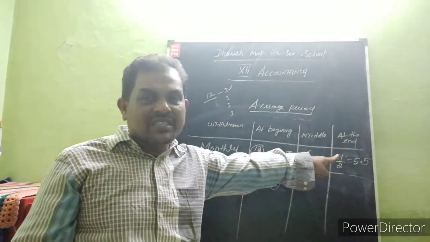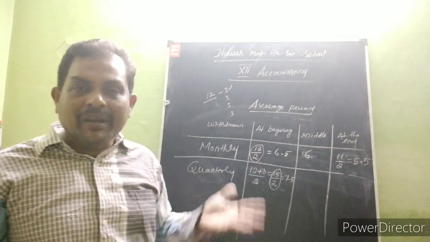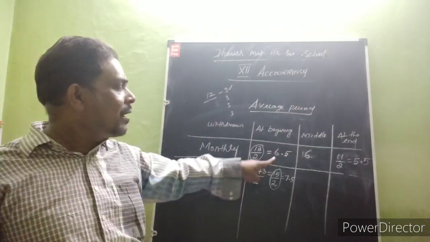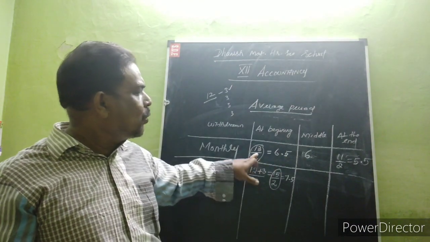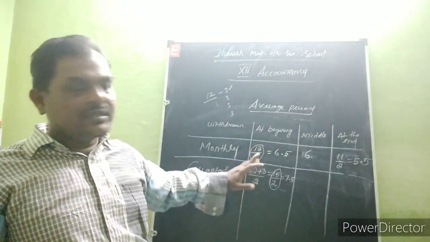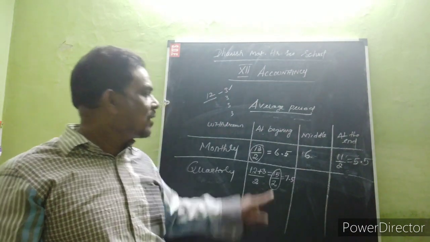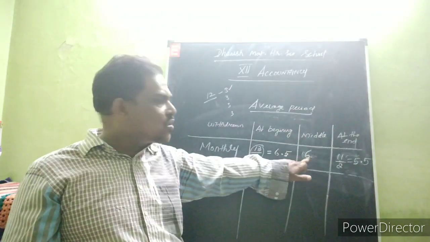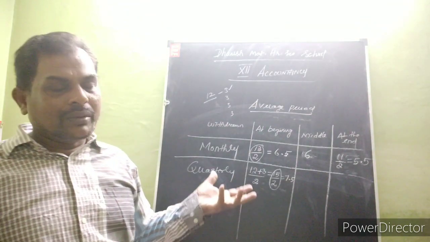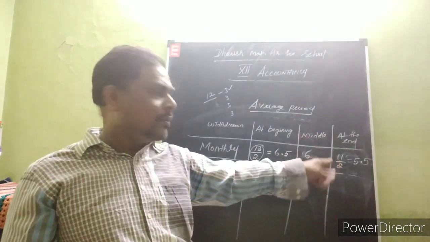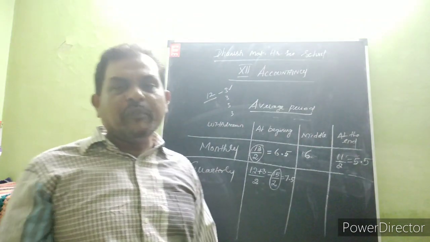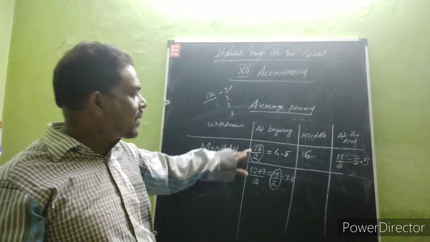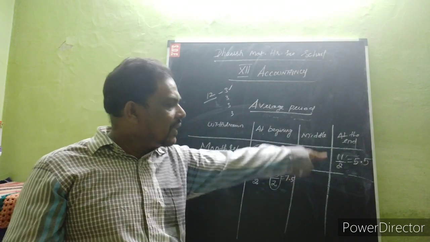So suppose 5.5 is coming, means 11 by 2 you can use, because 11 by 2 is nothing but 5.5 only. So wherever the decimal number is coming, in that average period column you can use these fractions, 13 by 2 or 11 by 2, like that. 13 by 2 is nothing but 6.5. 12 by 2 is nothing but 6. So 6 is a whole number only, that is a natural number, so that you can multiply with any numbers. Here 5.5 is coming, and 5.5 is difficult to multiply, so you can use 11 by 2. So here 13 by 2, here 12 by 2, here 11 by 2.